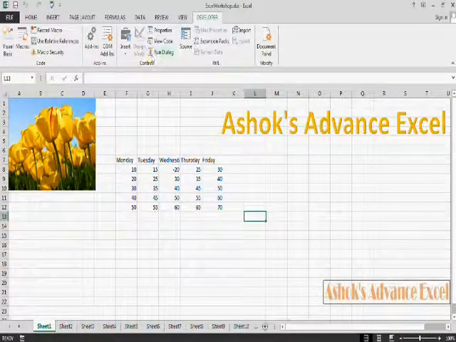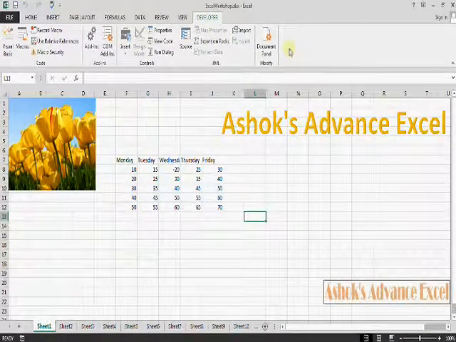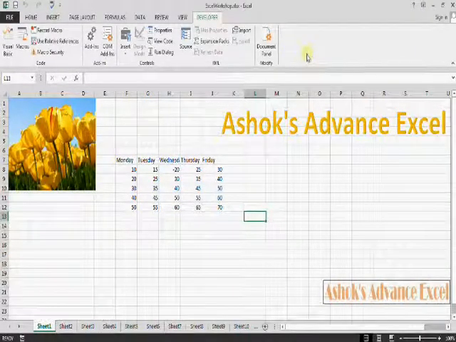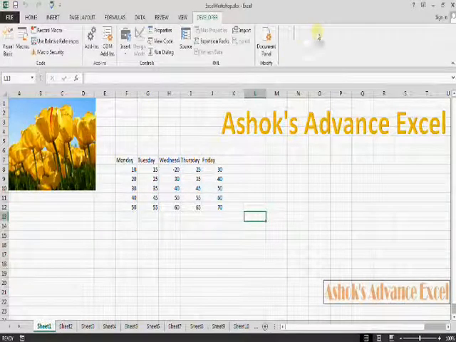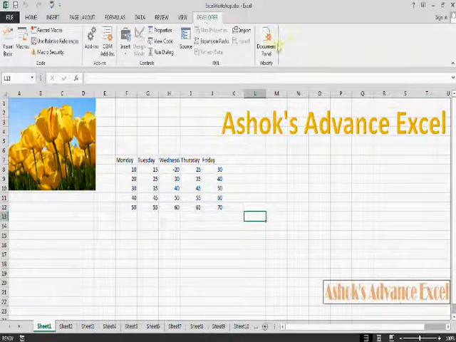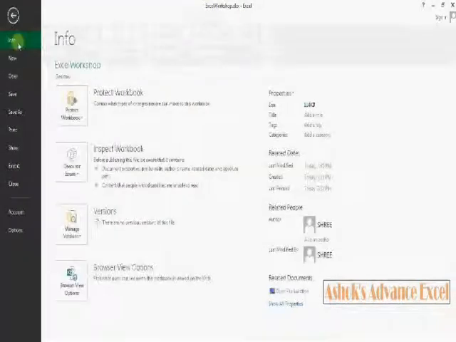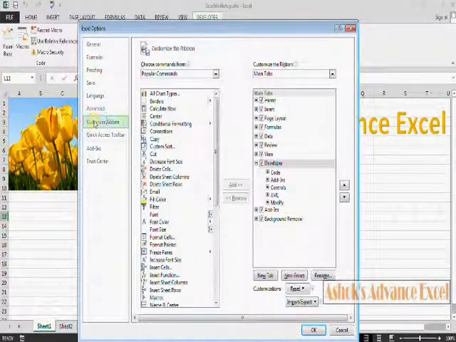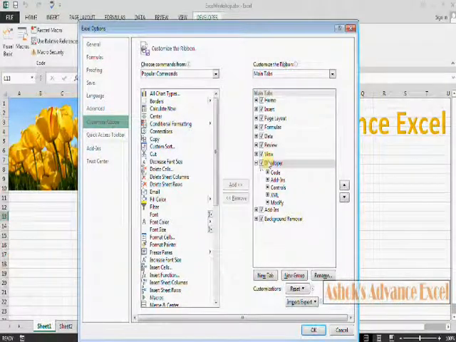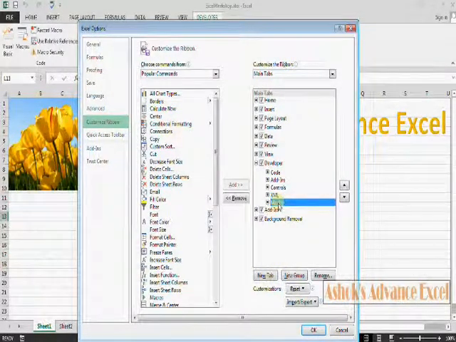For this purpose, this tab is used. Now notice this empty portion. In this portion I am going to add one command, that is Filter. I am going to add one tool here, which means I am going to customize the ribbon. So let us see how to customize the ribbon. Go to Excel Options, in Customize Ribbon I am going to add one tool in Developer. So click Modify and click New Group.